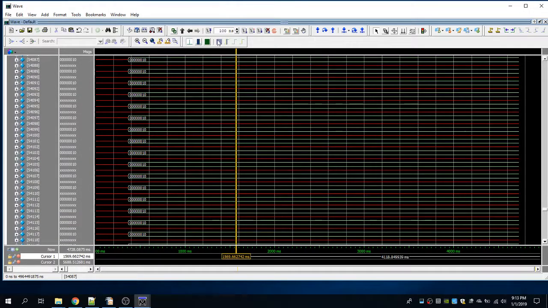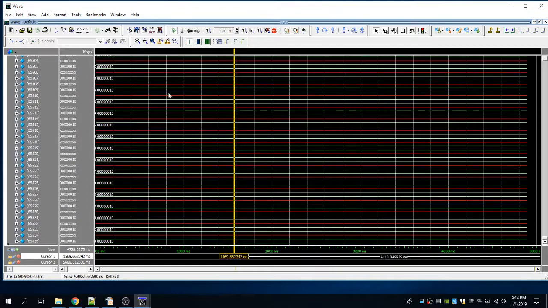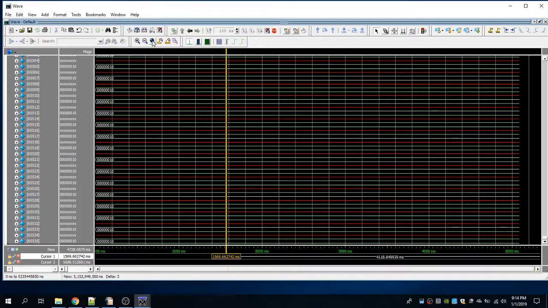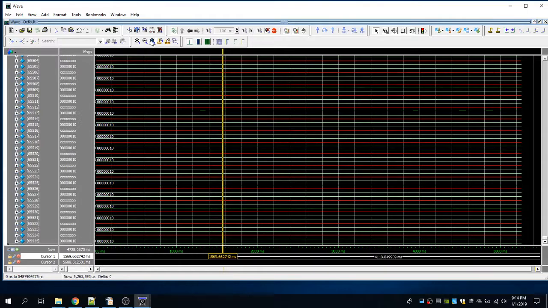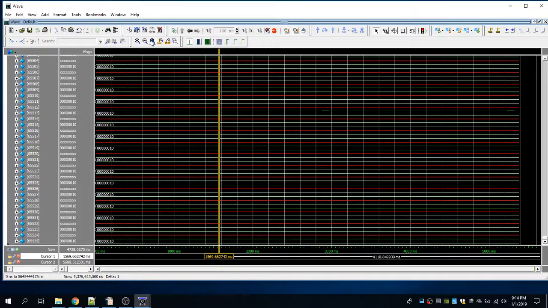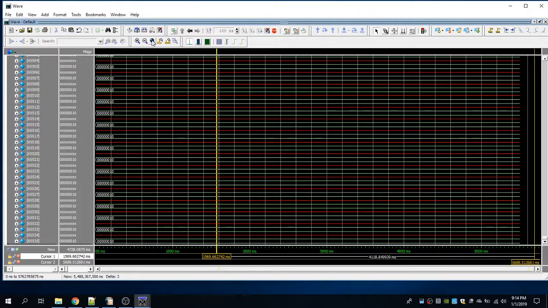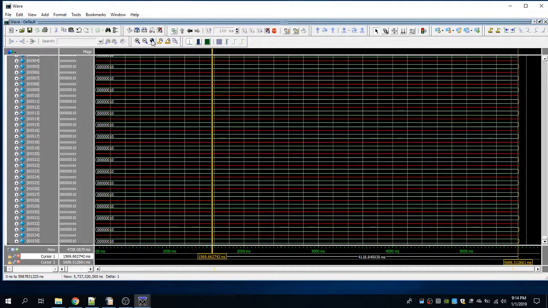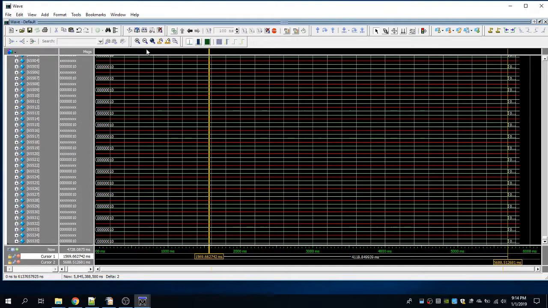Let's continue a little bit more to see how long it takes to complete the 0 pattern into the memory. Okay, so the complete memory initialization procedure takes almost 6 seconds in our simulation.